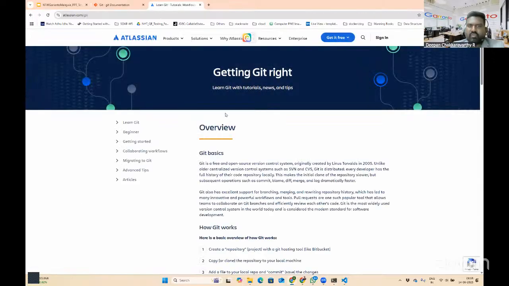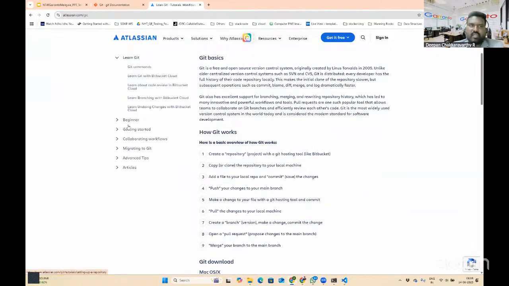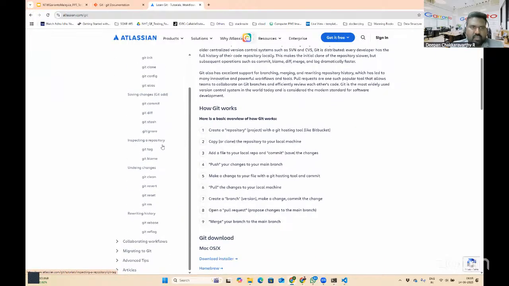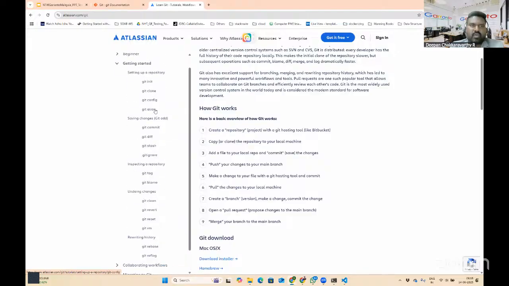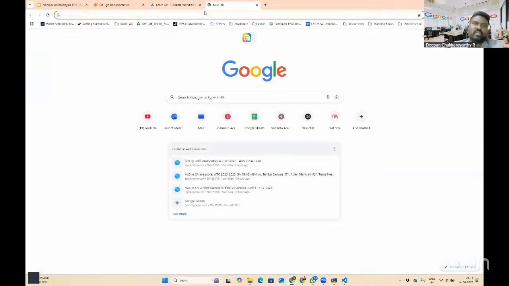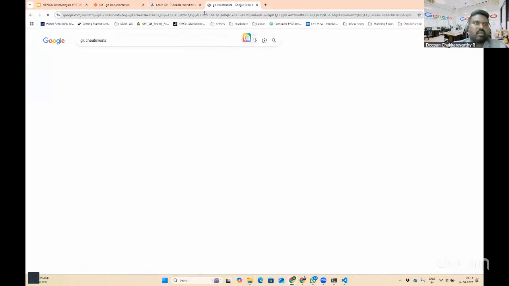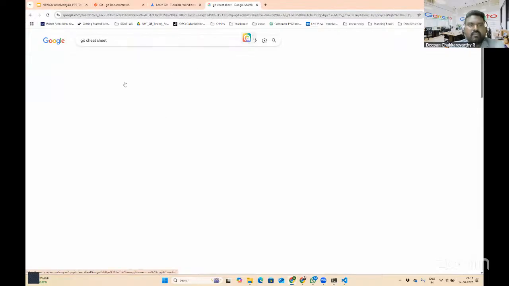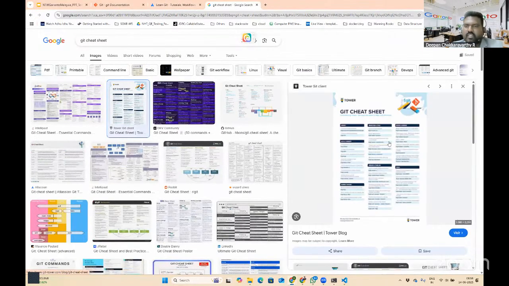In Atlassian, you'll find information about Git, and this is also a reference where you can find all these basic commands for us to learn Git: git init, git clone, git config, and you can also download the Git cheat sheets. So these are some of the ways you can remember these commands.